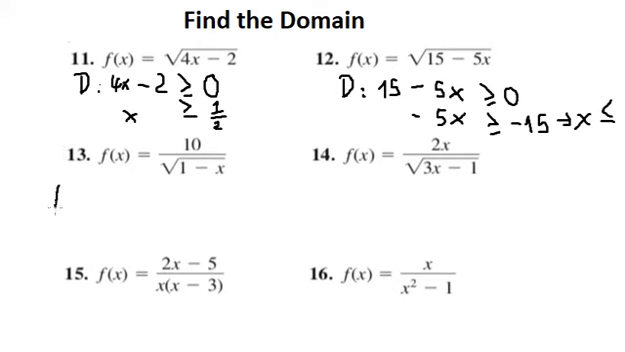Next one, we know that this is a fraction, and we also know that the denominator cannot be 0, and the square root should be positive, so that means we have 1 minus s greater than 0. So we put s to the right, and 1 is greater than s, and this is the answer for the question. Similar for the next one,